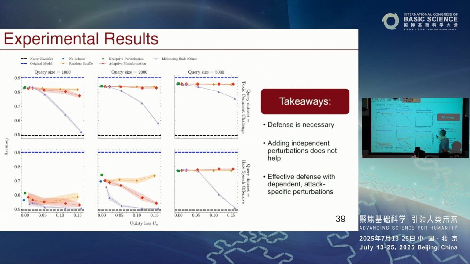I don't have time to talk about details, but at the estimated probability level, we shift adaptively around the boundary. As you can see, the classification accuracy for the attacker, which builds a neural network model,